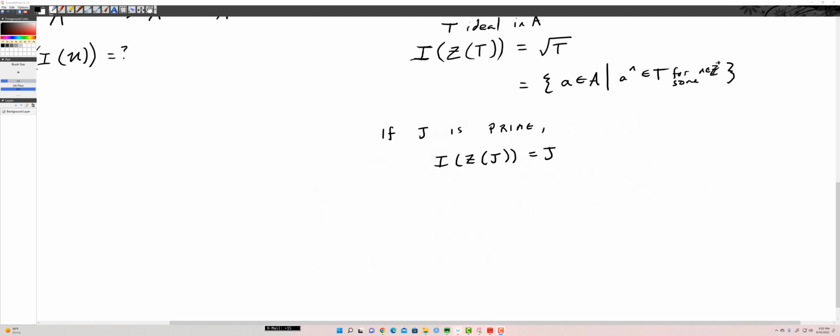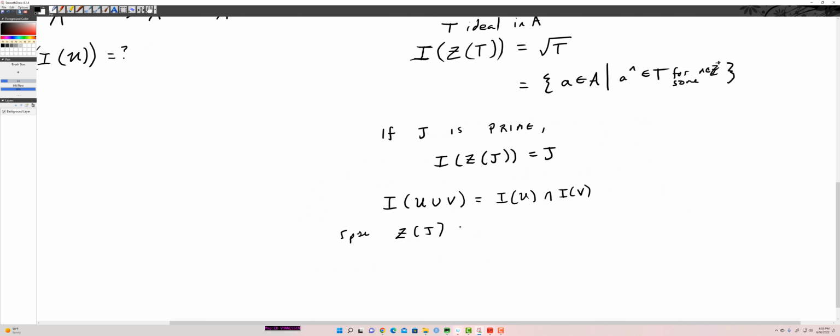So let's go back to this formula for a second and use what we just learned about prime ideals. If j is a prime ideal in A, then I of z of j is just j. Now recall what I said in the last video about I of u union v. This is the intersection of I of u and I of v. So think about this for a second. If z of j, so suppose